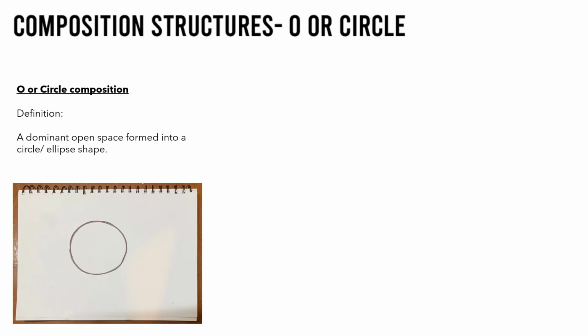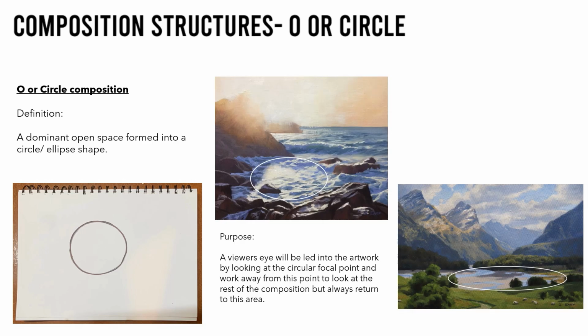The O composition, or is sometimes referred to as the circle composition, is a dominant open space formed into a circle or an ellipse shape, usually in the centre of the page, but not necessarily, that's not the rule. And here we have some examples of that. So the idea is that a viewer's eye will be led into the artwork by looking at the circular focal point and then work away from this point to look at the rest of the composition, but always return back